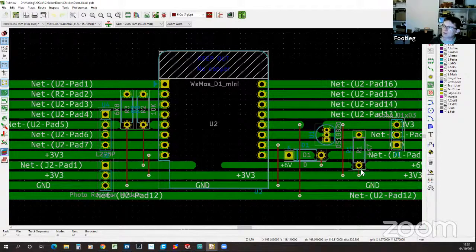And so I've kind of jigged the track around it just to stop KiCad thinking there's a short there. But it enabled me to plan the layout, do all my wiring, and build my circuit. So I'm going to stop the screen share so that I can show you the actual